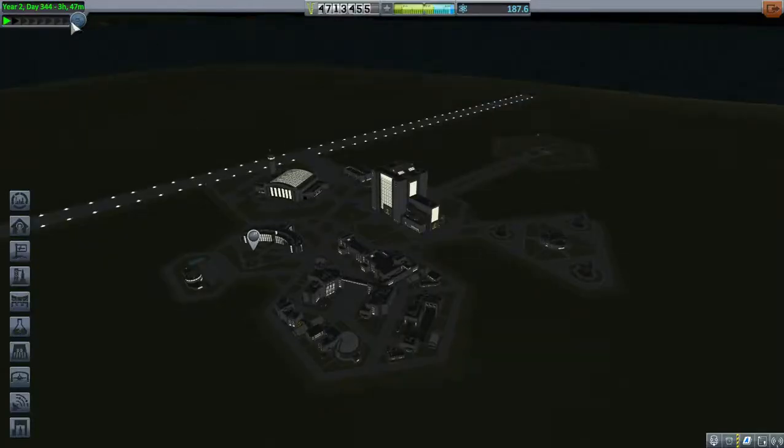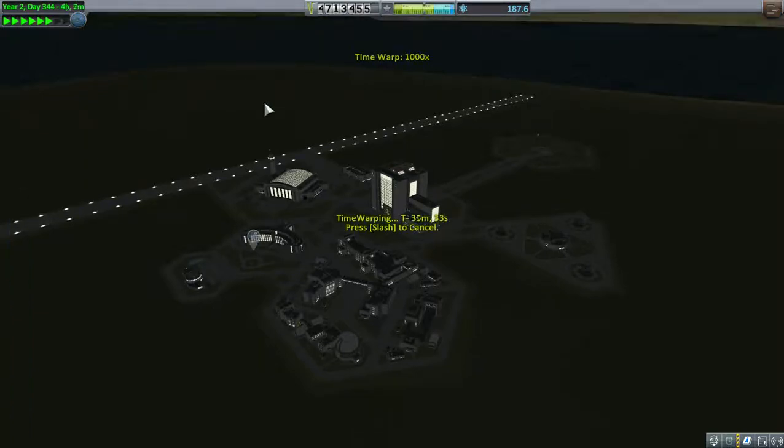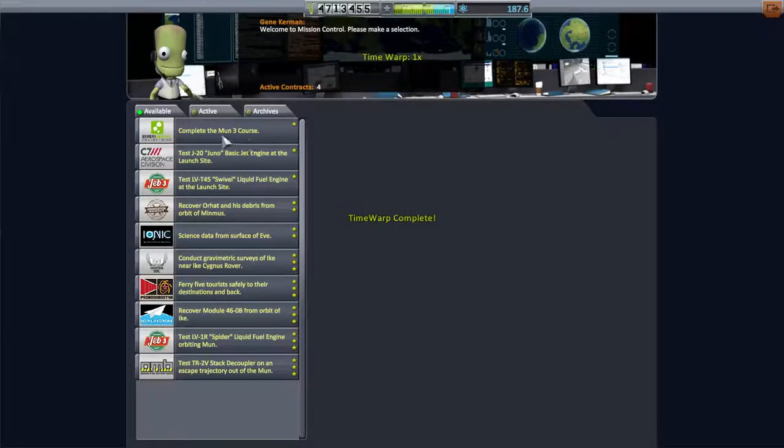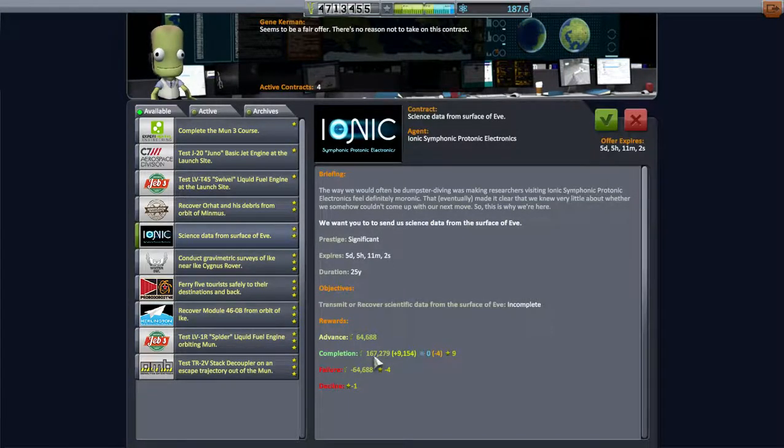experiment. Here it's nighttime again. Let's make it daytime. Next morning. Over here in Mission Control, we'll ask you to, well, right here's one. Science data from surface of Eve. So if I do put something down there, at least I can get this one. It's going to give me a little bit of money. No science. It's not going to give me science because